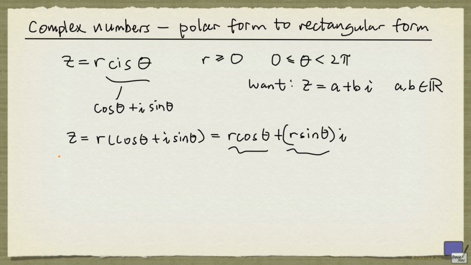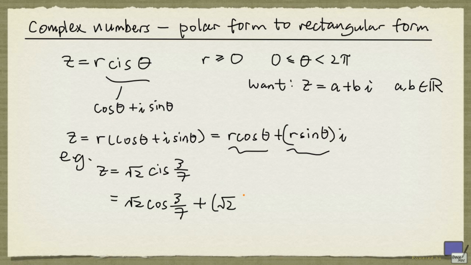So let's look at an example. Suppose that z is given by the square root of 2 times CIS 3/7. Now we just need to rewrite this as square root of 2 times cosine 3/7 plus the square root of 2 times sine 3/7 times i. Here we're using angles in radians, so if you punch this into the calculator, cosine 3/7 times square root of 2, this will be roughly